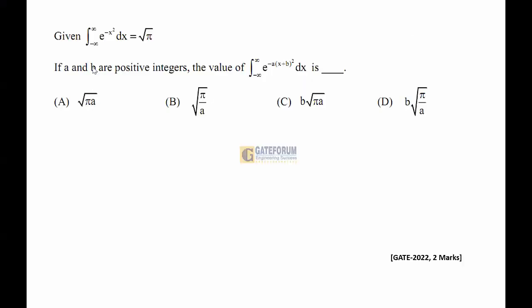The question is: given that the integral from minus infinity to infinity of e to the power minus x square dx is equal to root pi, if a and b are positive integers, the value of the integral from minus infinity to infinity of e to the power minus a times (x plus b) whole square dx is. This is from engineering mathematics, from the topic calculus, definite integrals. The solution is,